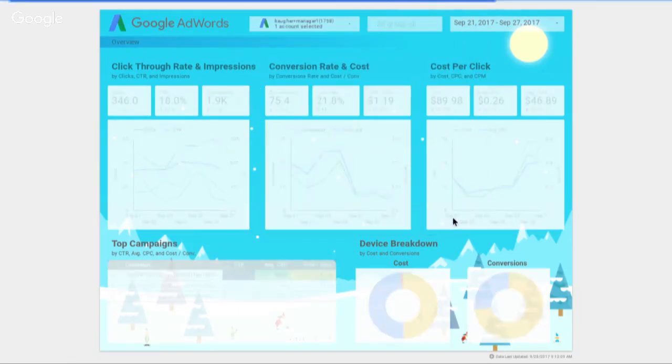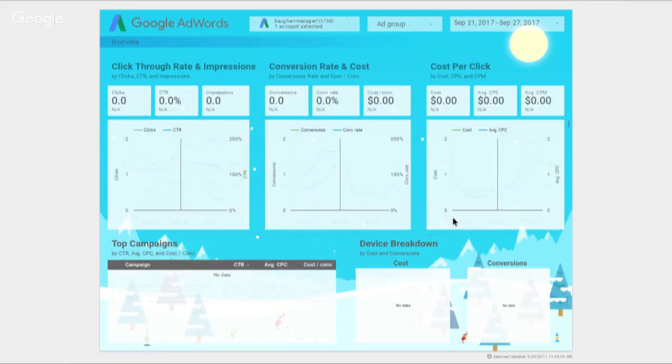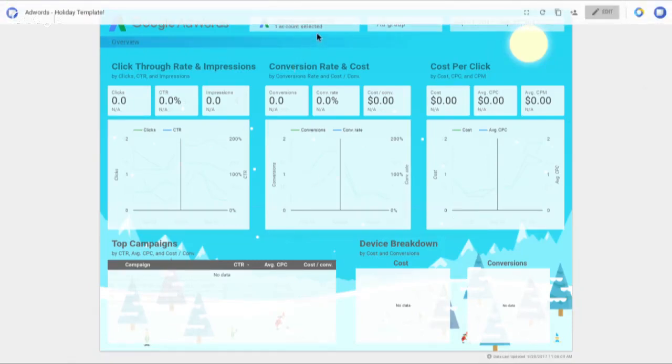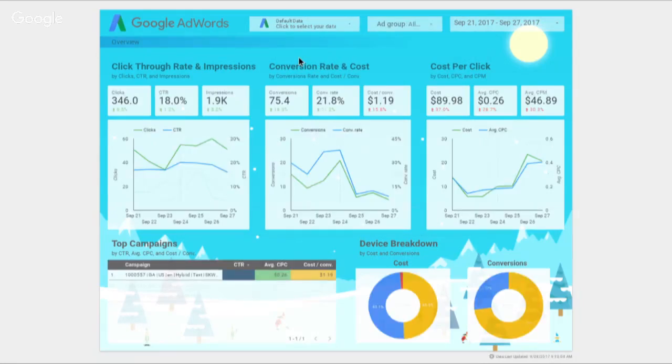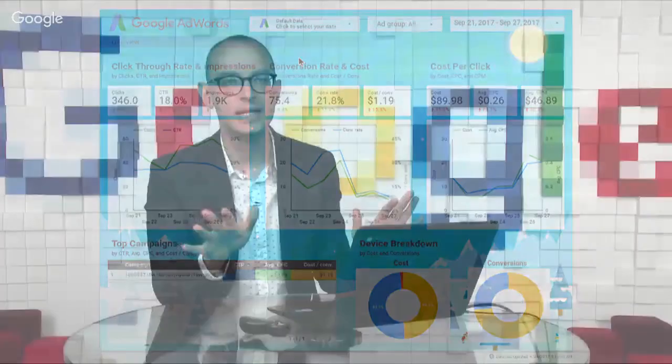Because it's a brand new account, it won't have any data in it. If it did, we would see data being pulled into here. And then I could just as easily go over here, select the default data source, which was the one that was shared with us, and we're back to the view we just saw before. So that's kind of, in a few minutes, Data Studio and how it works from the